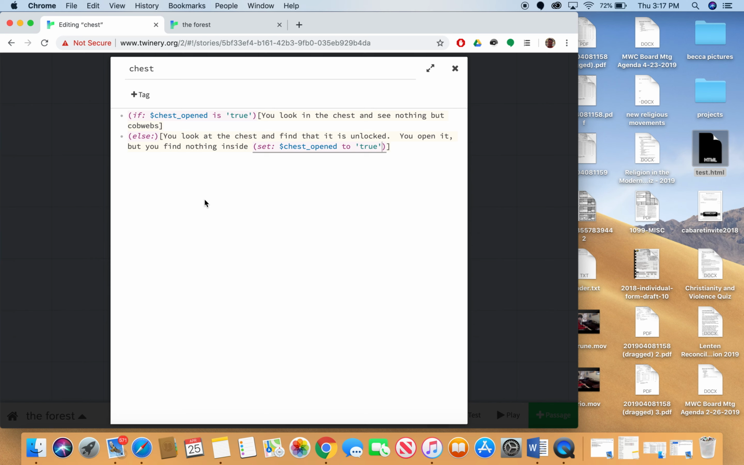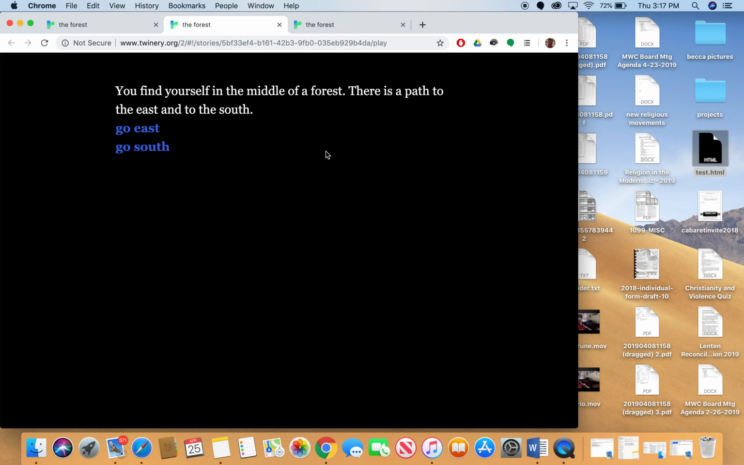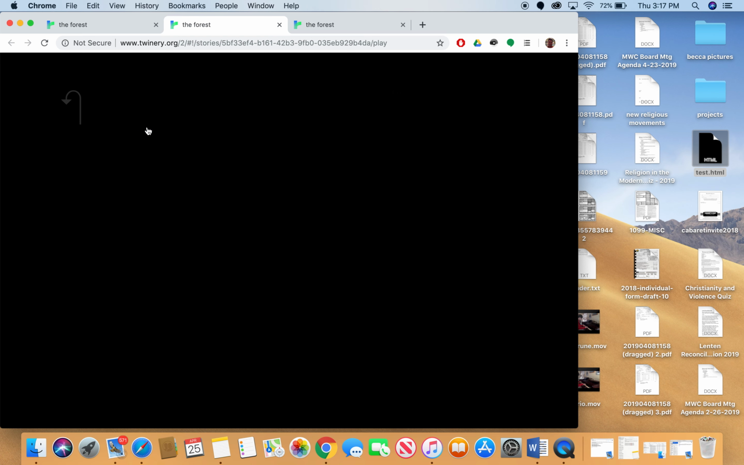So let me show you this in action, and you can see a little bit about how this works here. So if I click off of this, I'm going to play my story. I find myself in the middle of a forest. There's a path to the east and to the south. I go east, I enter a clearing, and in the middle of the clearing is a chest. I look at the chest. You look at the chest and you find that it is unlocked. You open it, but you find nothing inside. Now I go back to the clearing, and when I look at the chest again,